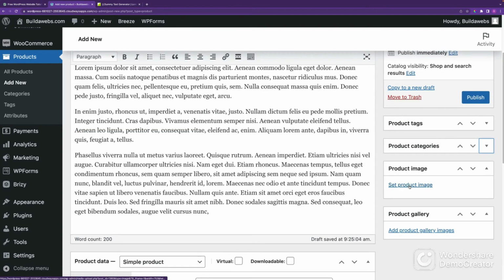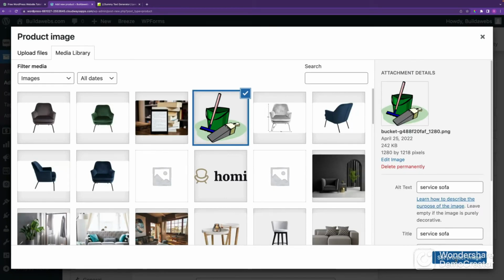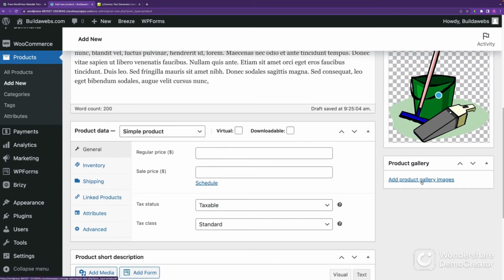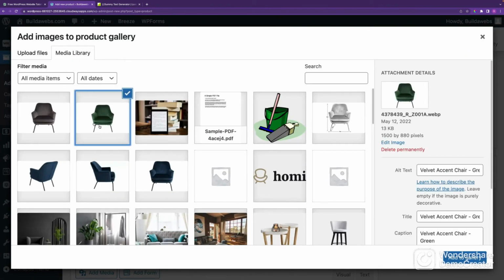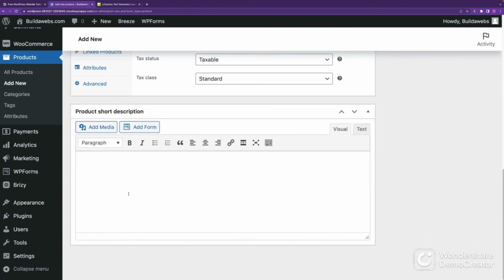I'm going to click product image, so set product image, and we're just going to choose this one that's already uploaded. And then if you want, you can choose a gallery of all sorts of different images. You just click on it again and choose the different images that you want and it'll create a gallery. The next thing we want to do is create a short description. So I'm just going to say,